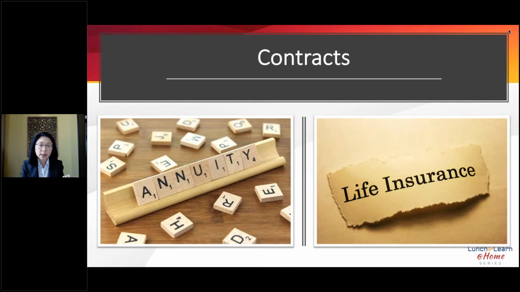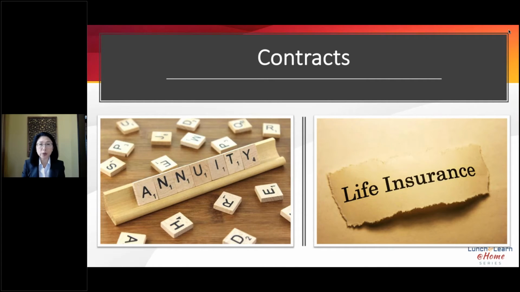If you have annuities, annuities have three parts to it. One is the owner, the person who purchased the annuity, and the other factor is the annuitant, the person whose life expectancy is used to measure that contract. Then the third is a beneficiary. And sometimes if you have an annuity that has a lifetime beneficiary and there is a residuary beneficiary, you want to make sure you name the residuary beneficiary, because once you pass away, if you don't have a beneficiary on the annuity contract, then it's going to go through the probate process.